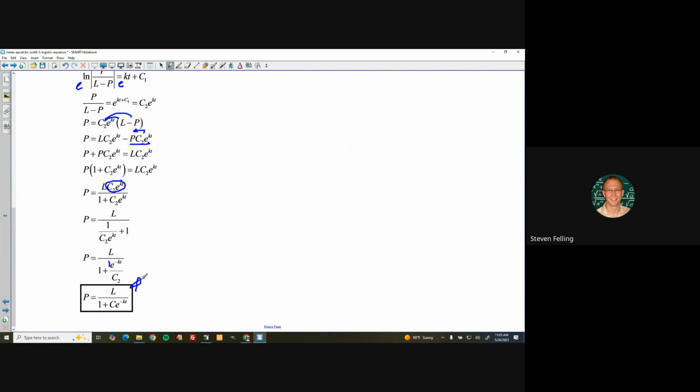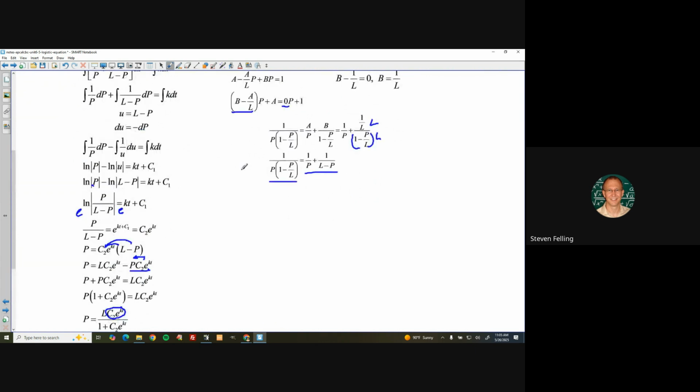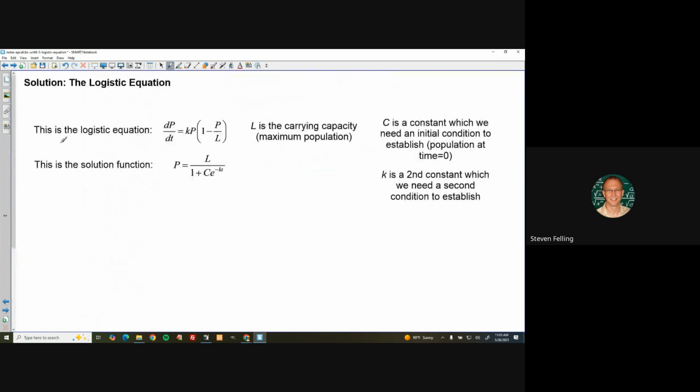So this is the solution that we're going to memorize as a solution to the differential equation. Okay? Now that's a lot going on there, but let's just summarize this. Here is the logistic differential equation that's important to know. It starts out as just like a regular growth equation, dP/dt = kP, but it's multiplied by 1 minus P over L. The solution to that turns out to be P is equal to L over 1 plus C e